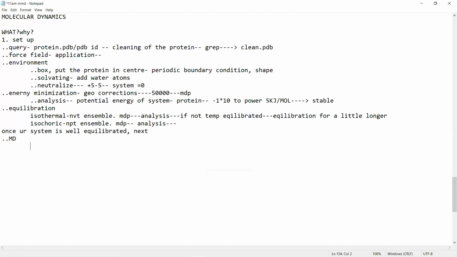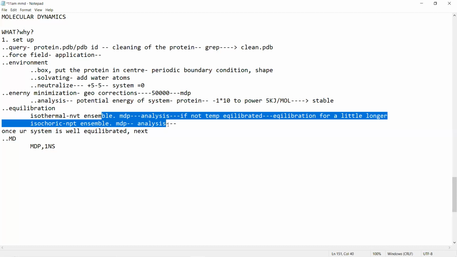Now this is also done with the help of an MDP file, the molecular dynamics parameter file. Here, if you're running for 1 nanosecond and your system shows instability, how I say it is unstable is obviously part of the analysis. But if I get to know that my system is not showing stability in 1 nanosecond, you have to increase the time frame to study it. But here we will be giving the conclusion whether my system is stable or not. Here it is not.